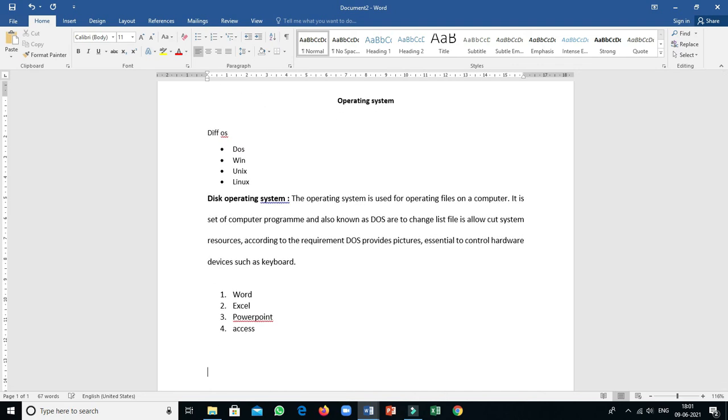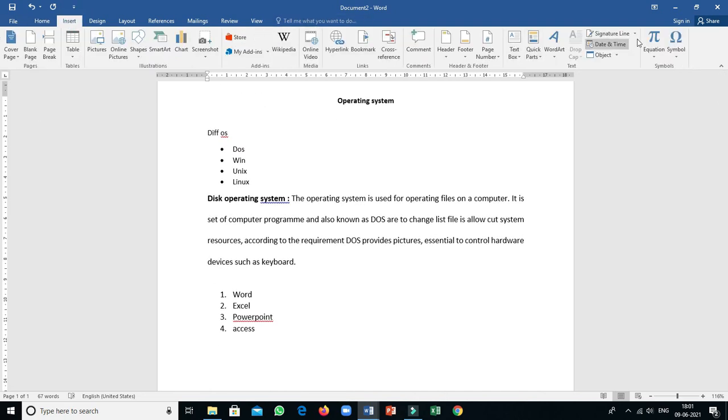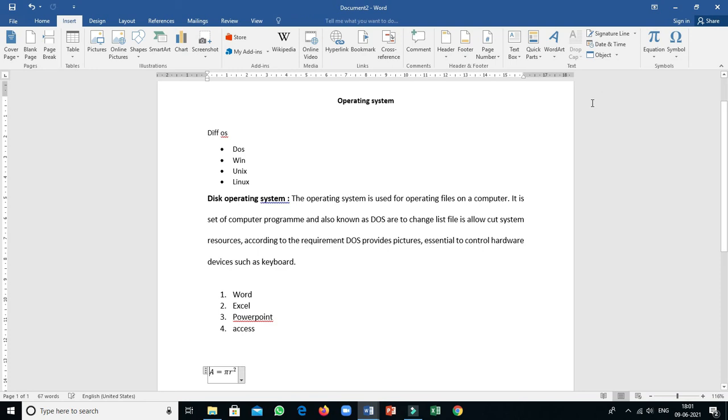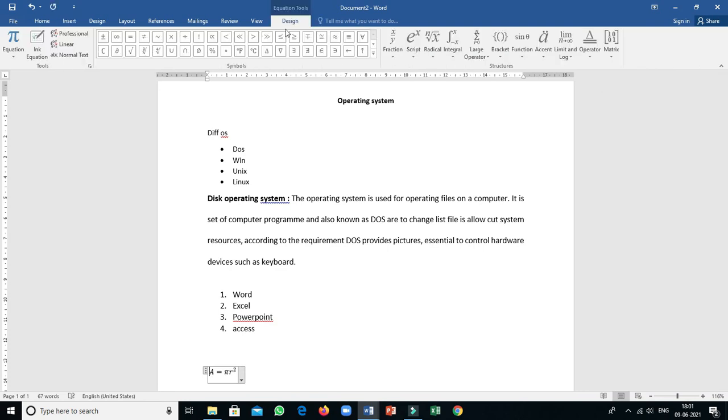Same thing, go to Insert, then Equation. Choose any formula, because after accepting any formula the Design menu will be displayed. Now I have to write Z equal to something.